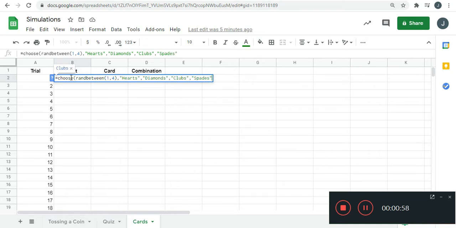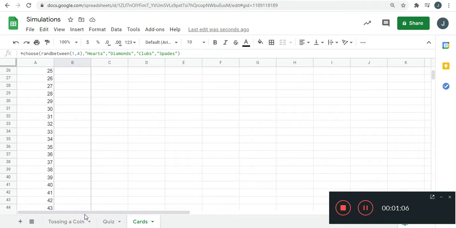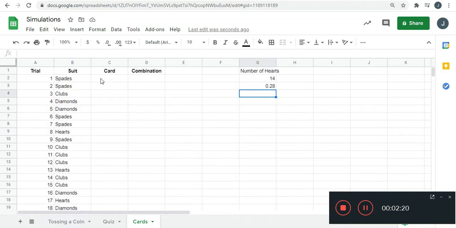Let's try to spell it correctly. End bracket, hit enter. There we go. So we randomly pick a suit, and we can fill that down for 50 trials. Let's keep going with picking a card. So now we're going to do another